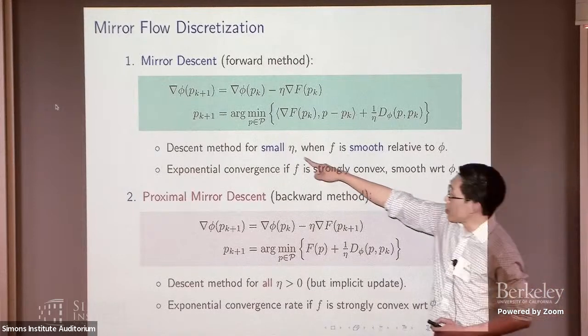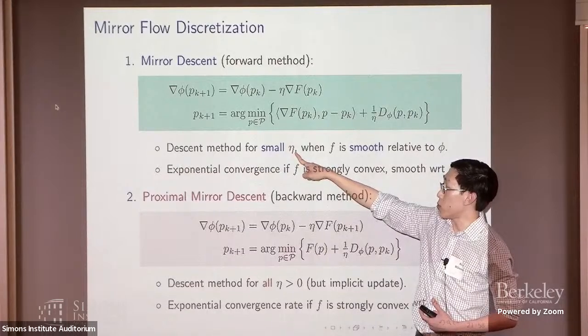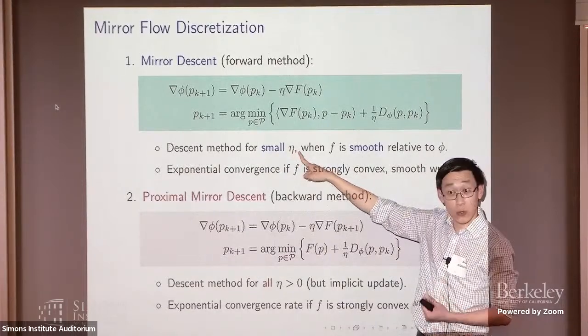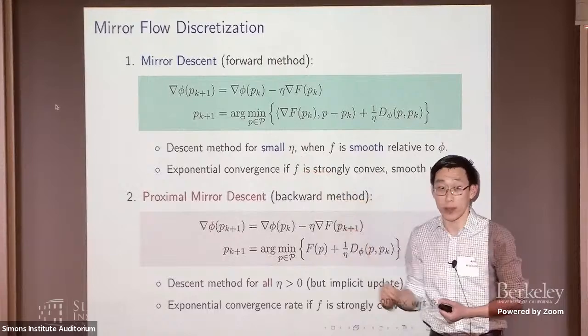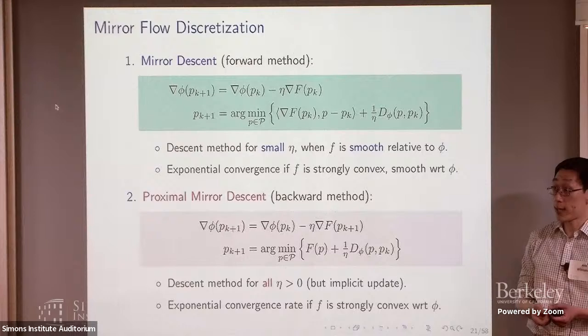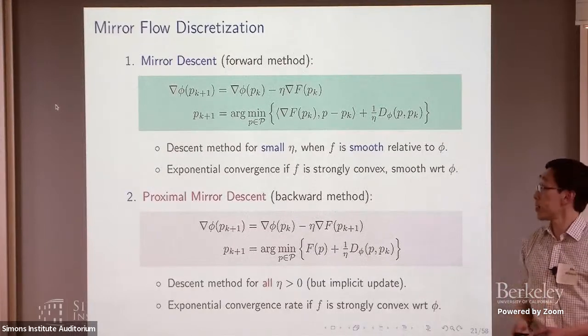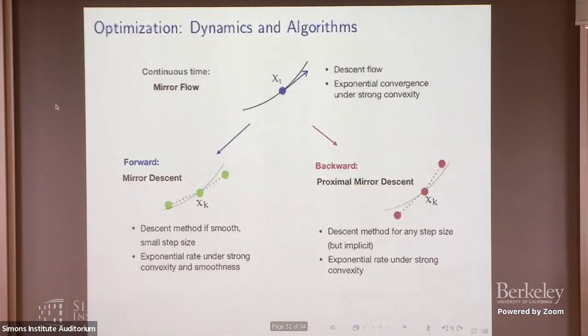And this condition, by the way, is not just for analysis technique, but this is actually true. It is actually not a descent when the step size is large enough, even for the quadratic example. If you run gradient descent for minimizing a quadratic function and you choose your step size large enough, then you can actually increase the objective. Right? So, okay. In optimization, we have a relatively milder picture where in continuous time, everything converges, everything contracts, right? Because we are minimizing something. And in discrete time, we have to be a bit more careful.